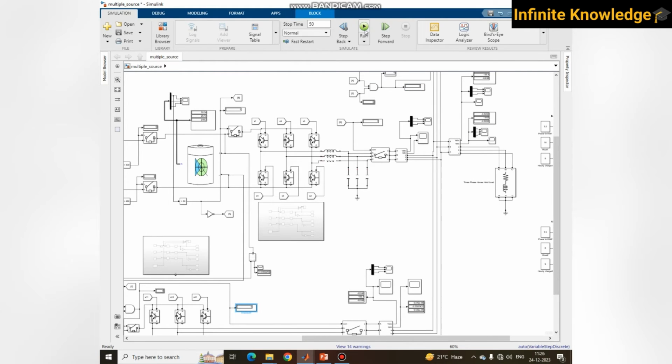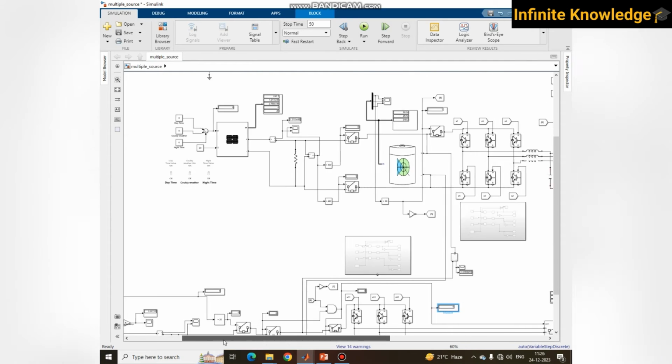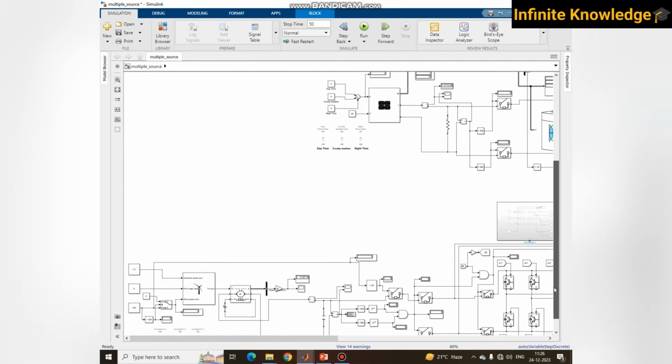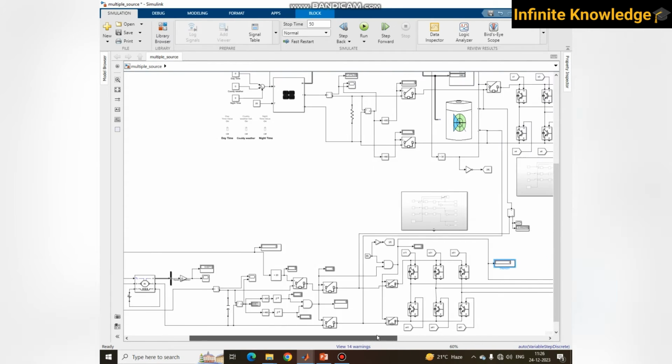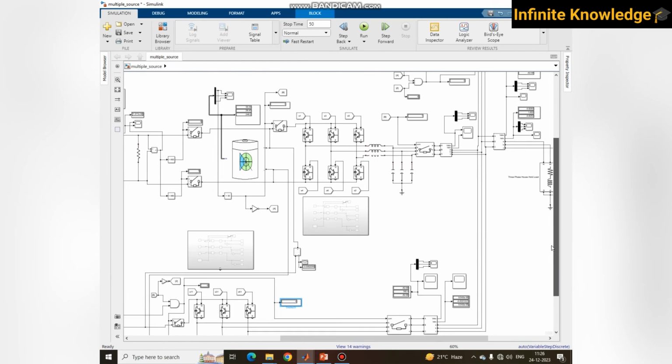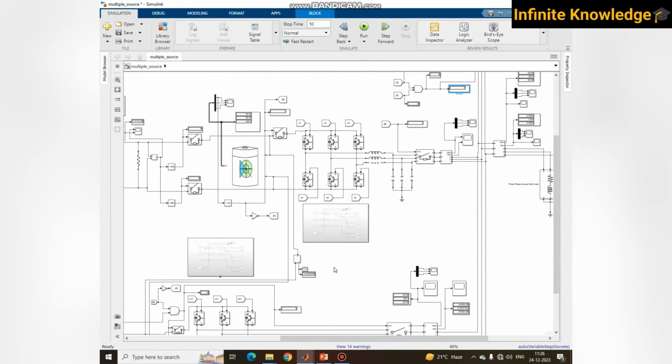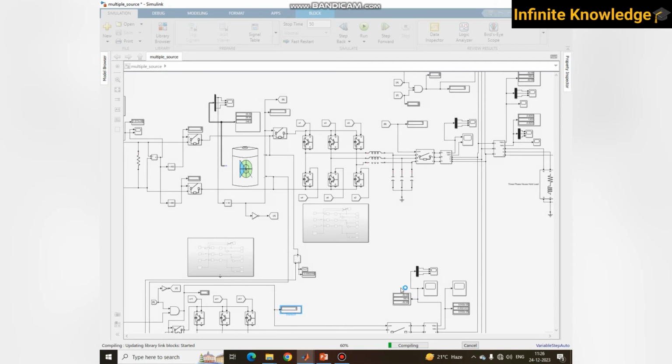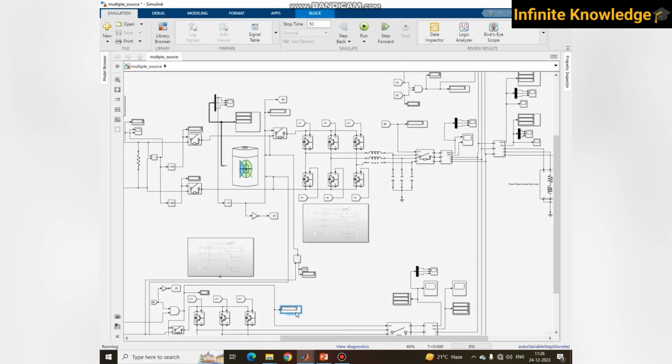So I am starting the simulation, and you can see here that your normal wind speed is available. You need to focus on these two breakers. The upper one is the grid side and the lower one is your wind. Wind takes some time to generate a voltage, so meanwhile your grid breaker is on, and whenever a satisfactory voltage is generated and your battery gets charged,